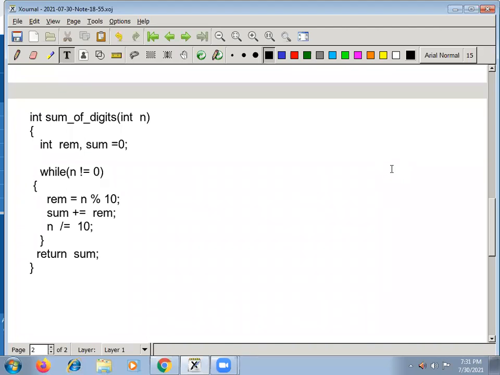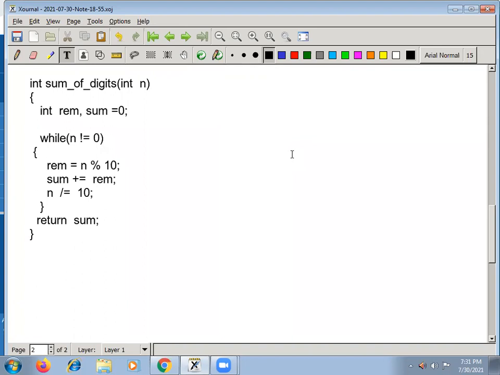Any doubts? No doubts? Then I'll move on to the next logic, which is based on the same.